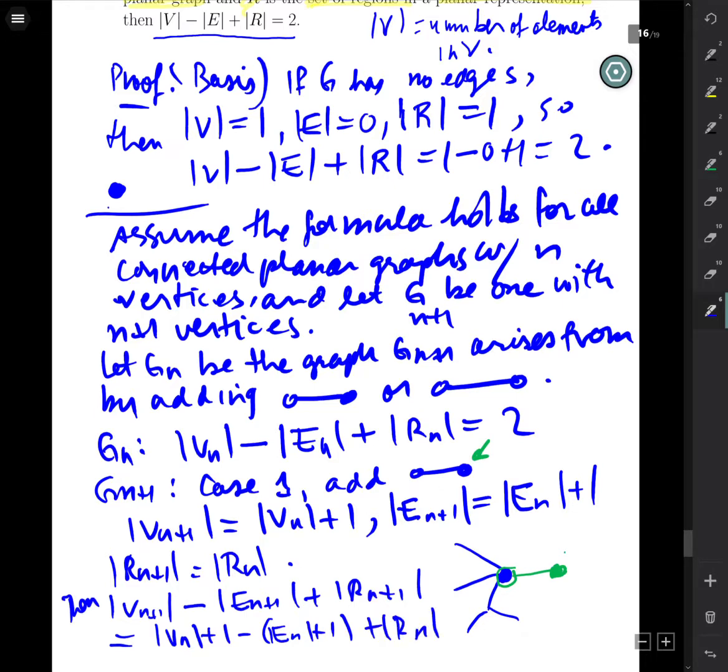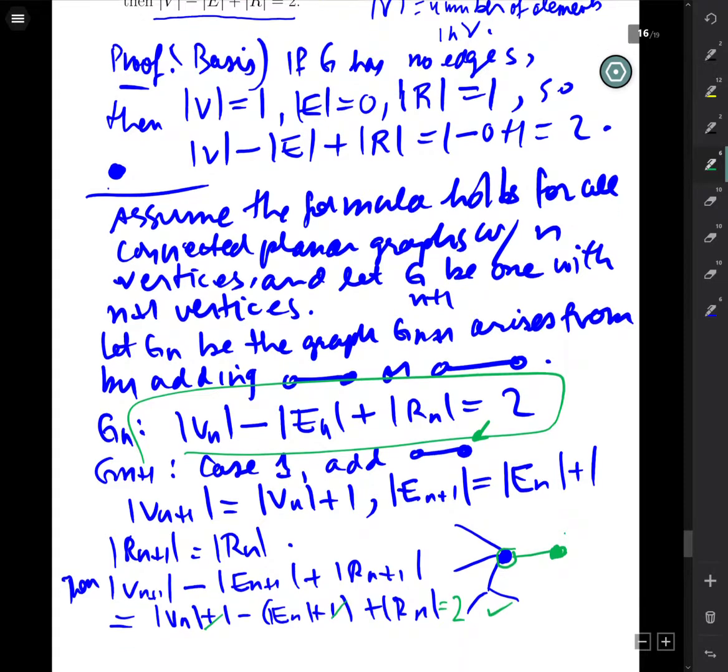The ones cancel, yeah, that one cancels with that one, and so we already knew this was 2 before. The formula held for G_n, so it holds again. In the other case,